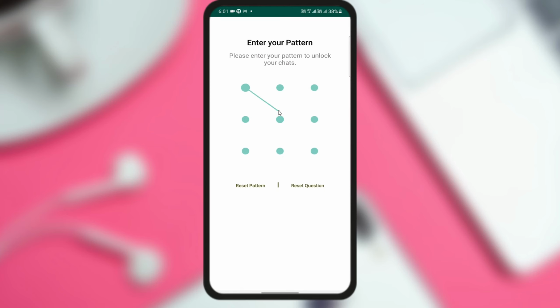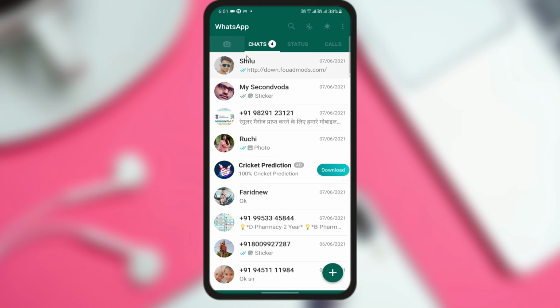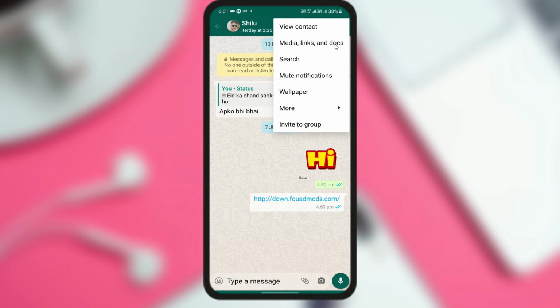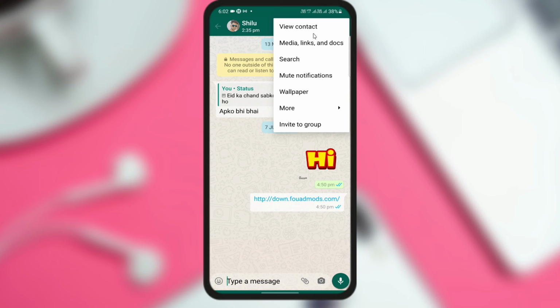Now let me unhide this chat. For that we'll long press here, click here and then Unhide chat. Now you can see that the chat has been unhidden. It was hidden, but there was not much benefit. When I click on this chat and click on this, you can see that some options are shown here. We were expecting that a lock conversation feature would be added, but there is no such feature, and the voice changer is not available here either. So only the basic features are available here, so you can use them.